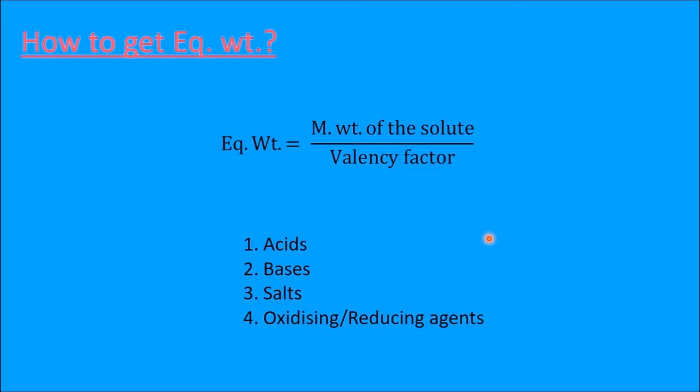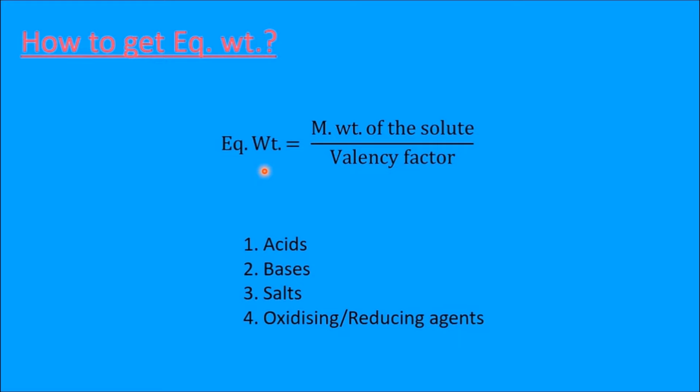This is the lesson on stoichiometry. In stoichiometry, we are discussing types of concentrations. In types of concentration, we have discussed molarity, molality, mole fraction, and normality till now. In normality, there is a term: equivalent weight. Normality is the number of equivalents of the solute present in 1 liter of solution. How to get the equivalents? Weight by equivalent weight. In the case of molarity, it is weight by molecular weight.